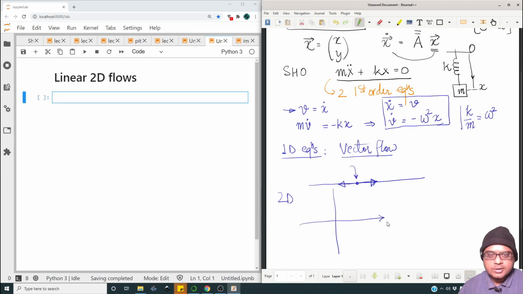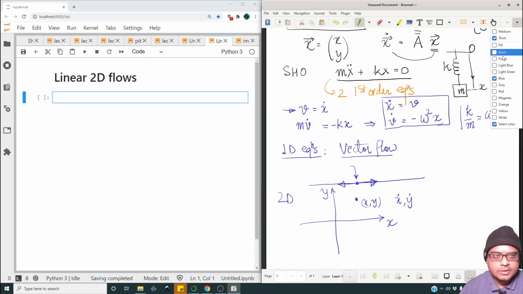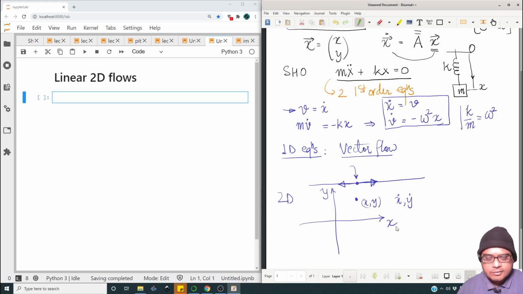So we have both x and y, and at a given collection of x and y, there will be two velocities, x dot and y dot. In this particular case, it will be x on the x-axis and v on the other axis. So x dot and v dot are like telling us how this point in this plane would move given this kind of flow. So this is called a 2D flow,